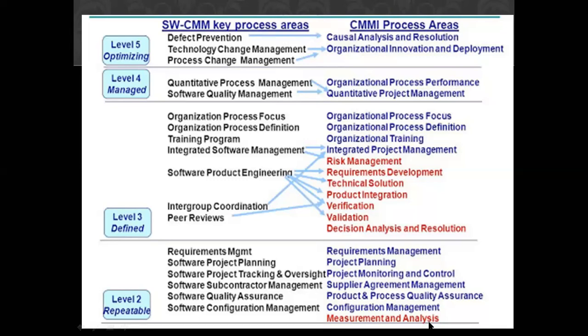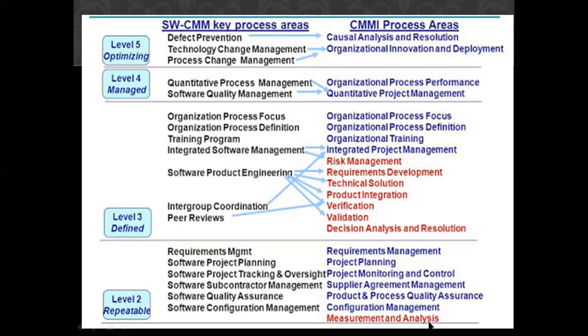So it is talking about one more thing added on, about measurements and metrics that are being utilized for the process of the organization, for the development of the products that are being analyzed. And analysis is done on what kind of metrics and measurement qualities are to be utilized. In level 3, many more key process areas have been added on, which are like your requirement development, technical solutions, verification, validation, decision analysis and resolutions, which were not present in CMM key process areas.